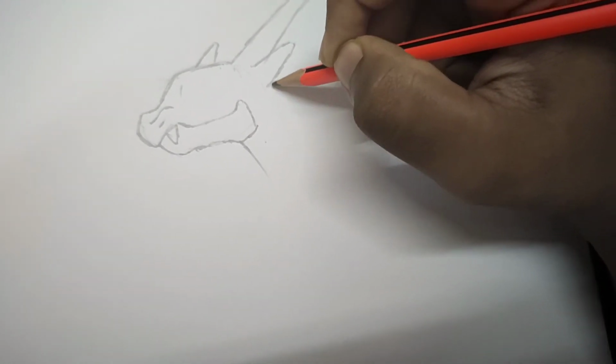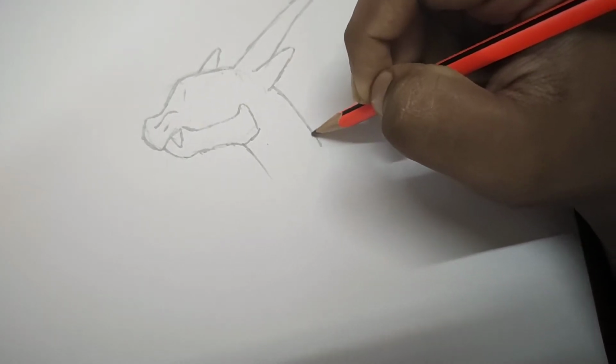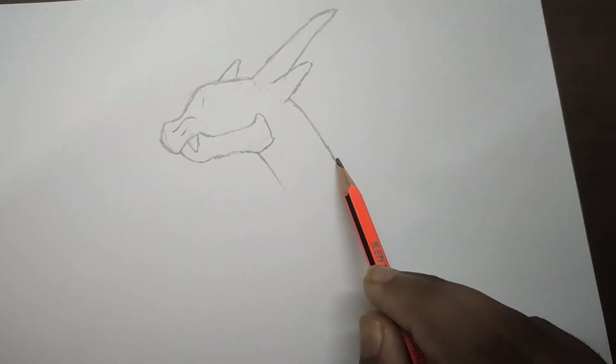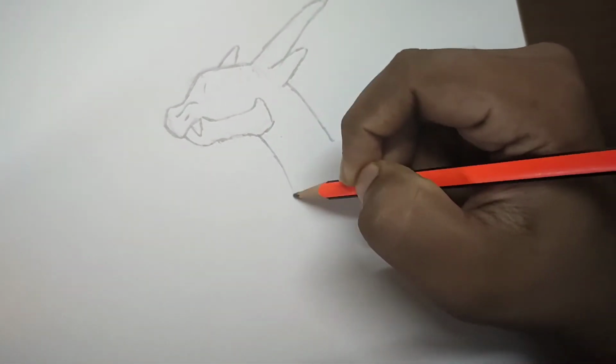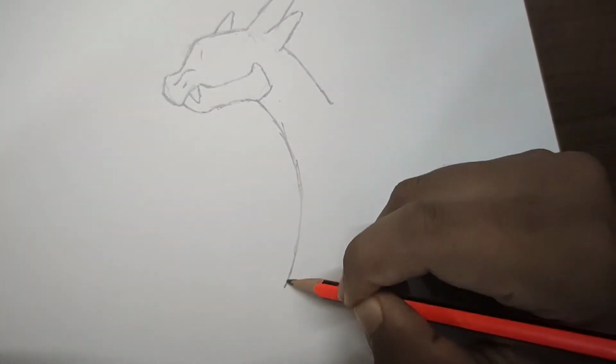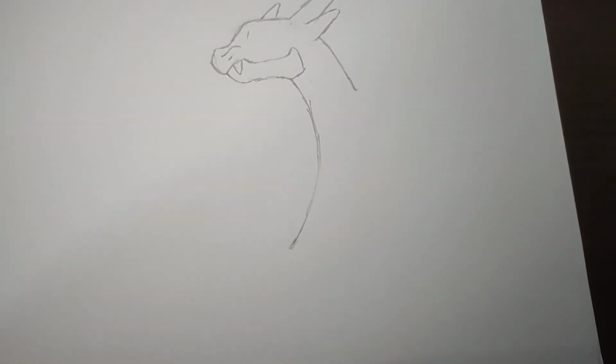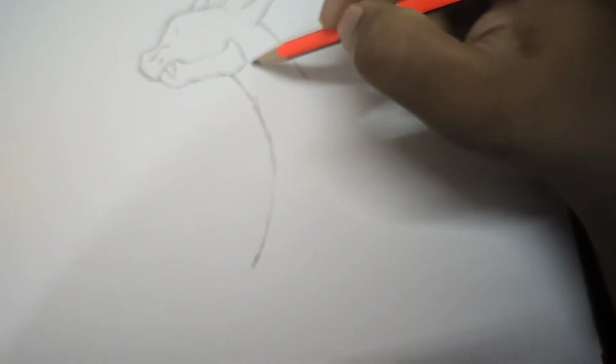Let's just draw a curved line. I'm just going to leave this line over here because the hand is going to come and I'm going to continue over this curve. Then I'm going to leave it like this,